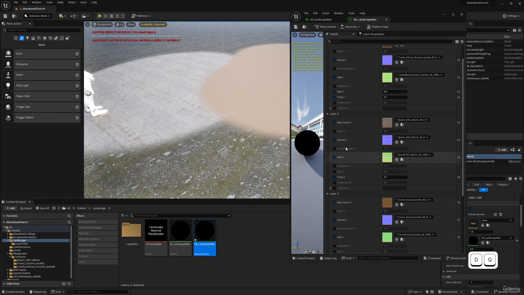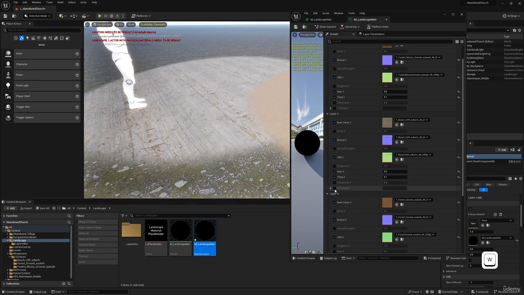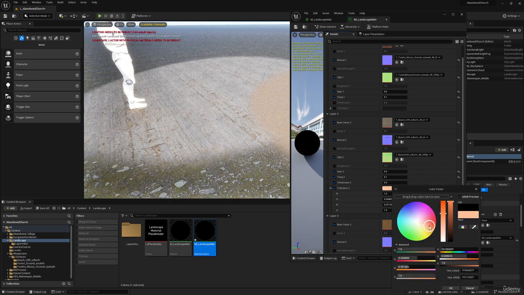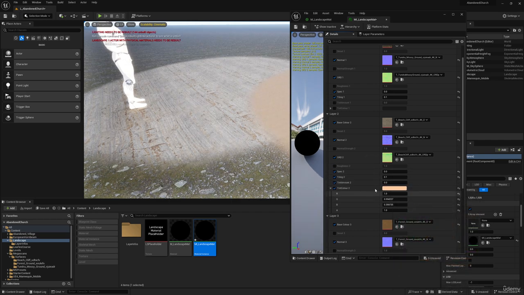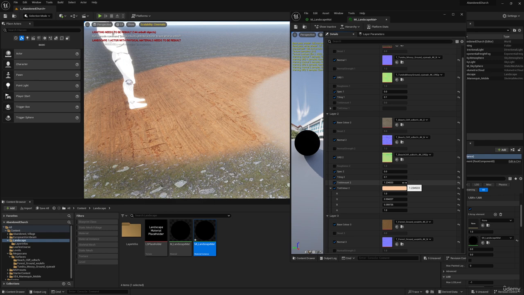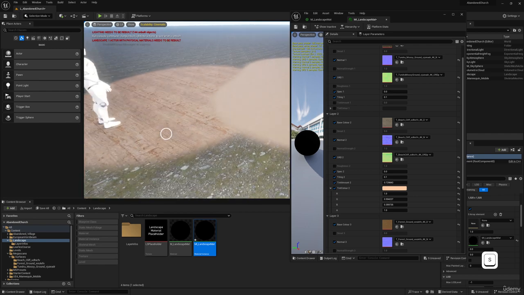That looks alright. Let's see if we can change up the specular for now. Let's set it to 0. And let's see if we can do tint color and tint amount. So let's change this to something orangey brown. Let's change our tint amount to something like this. Oh, that's a lot. Now, this is why material instances are very useful, because you can change so many parameters